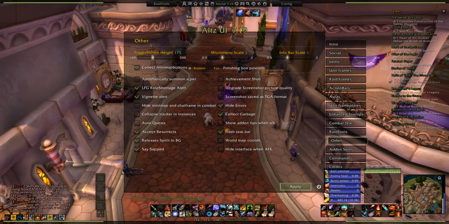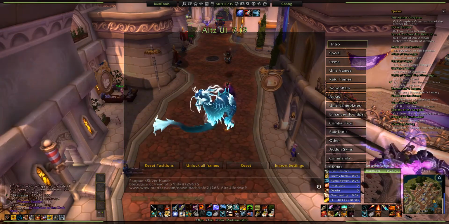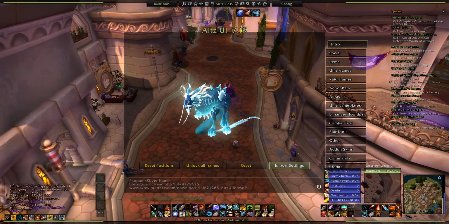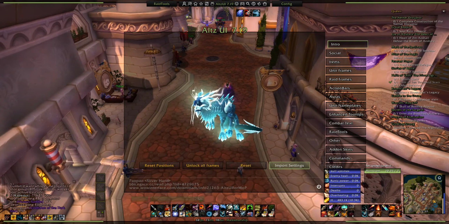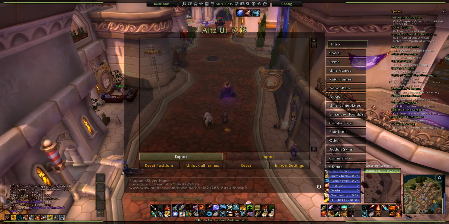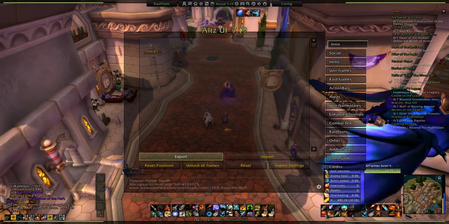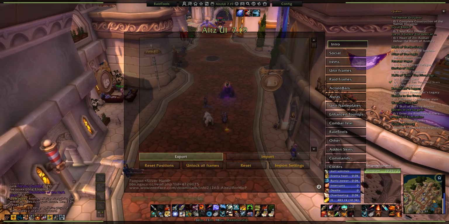So try it out. You can customize it however you want. The major thing that's important is here you have the import settings button. This actually allows you to also export the settings, so when you get it to the way you like, you want to export it into a notepad or whatever, so you can save the settings. If ever they do reset on you for whatever reason, you can just import it back and not have to readjust everything